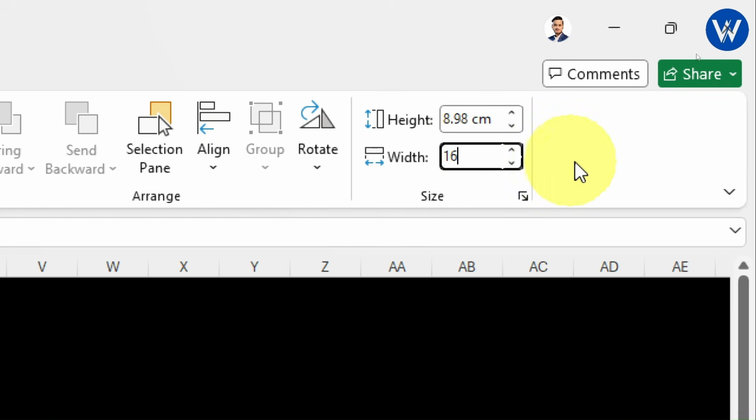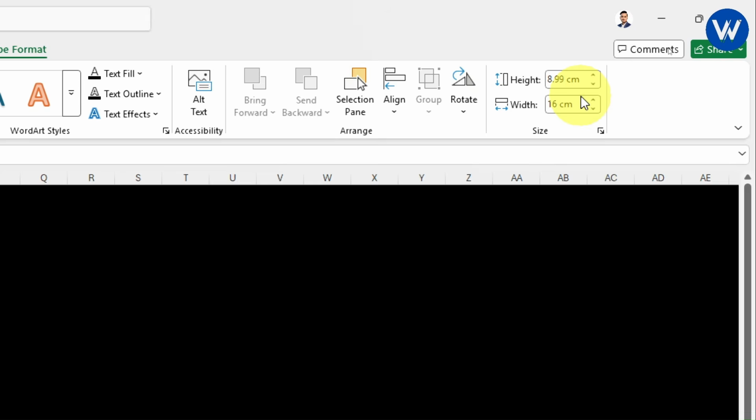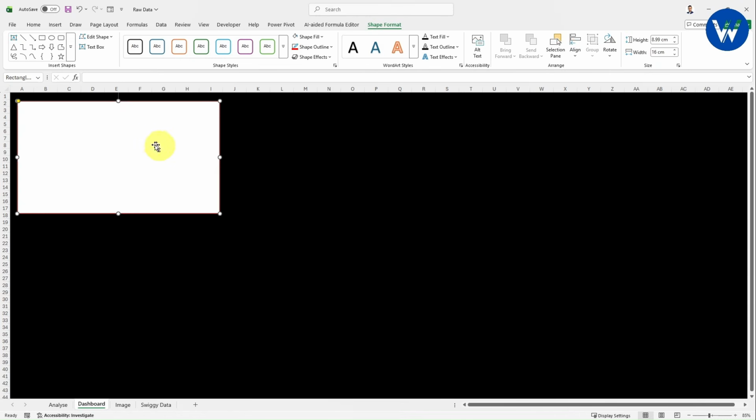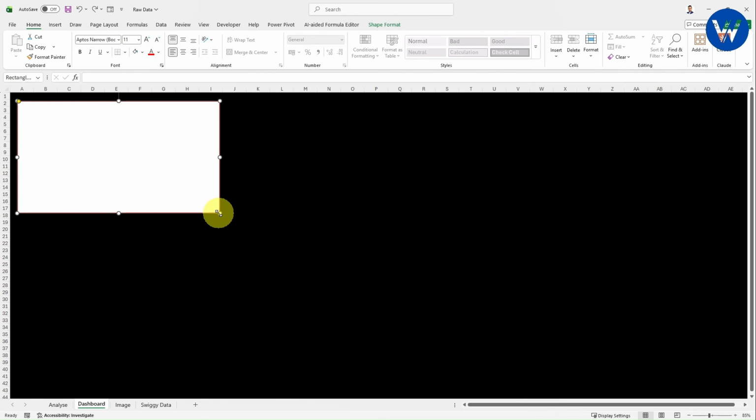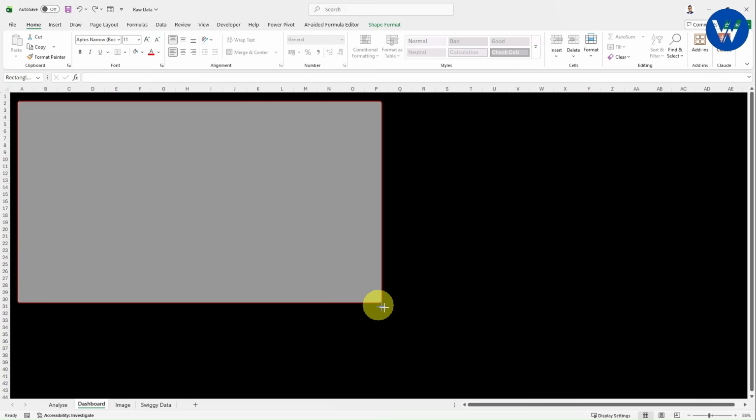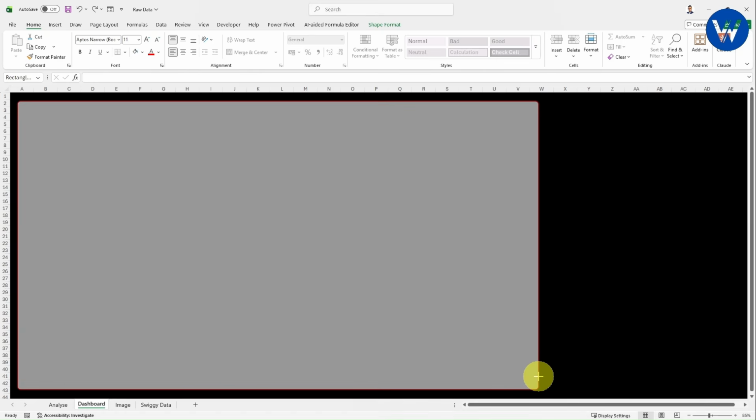Just to look at here guys. Now I have given the height and width. Let me zoom out, just to look at the screen carefully. Now you can see you will get the 16:9 ratio. Now if you want to resize, it is very simple. Hold the shift button and with the help of this arrow you can resize it in this way.